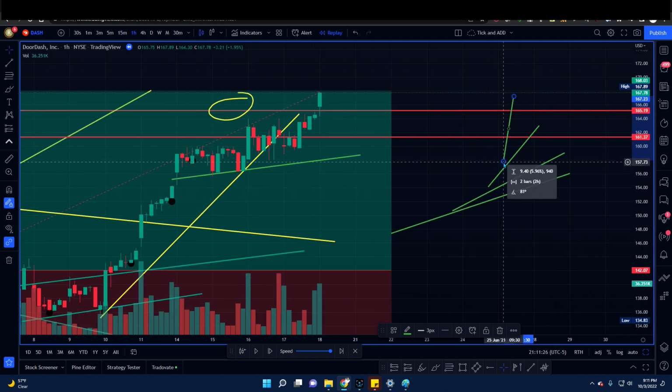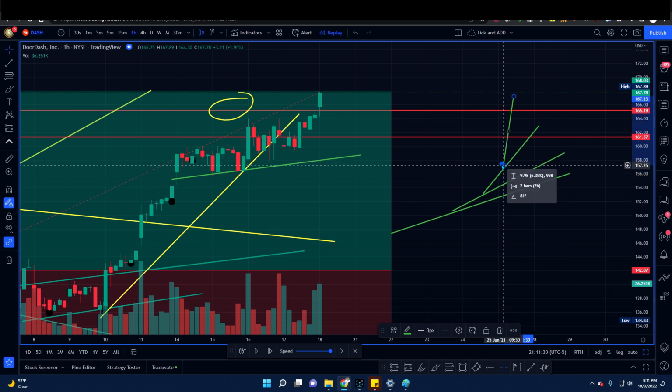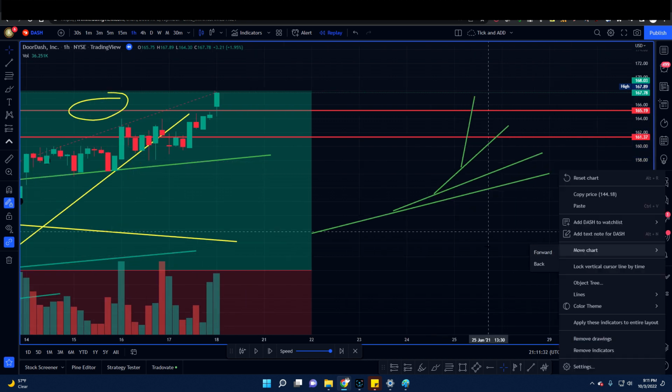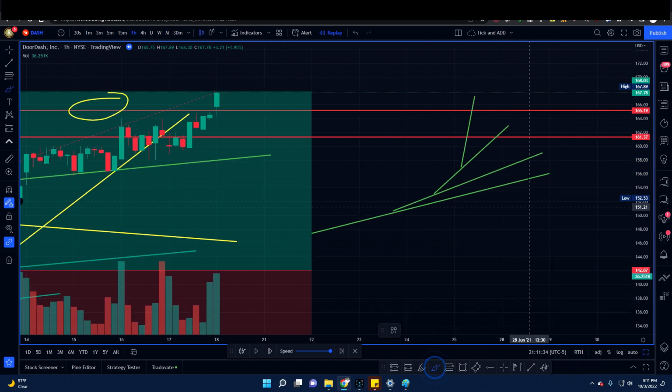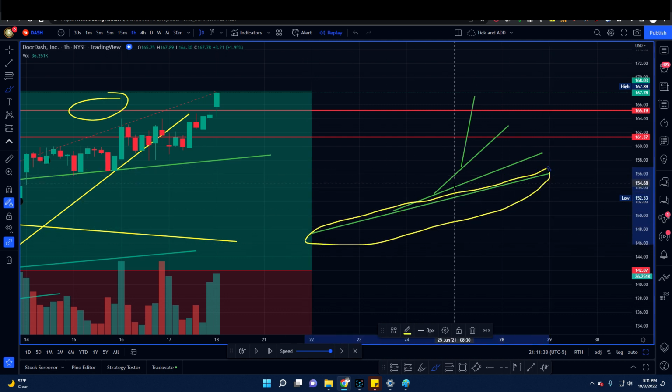Okay. What you're looking for when you see a situation like this is to isolate where it all came from. You're looking to isolate the root here. Okay. That's the trend line you're trading. You're eventually expecting it to come back to this main trend line. So even if it comes up, okay,